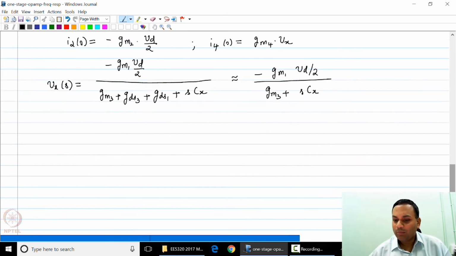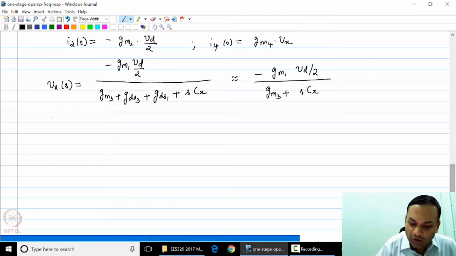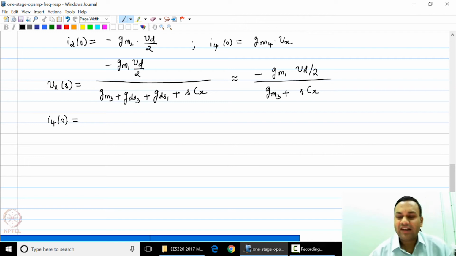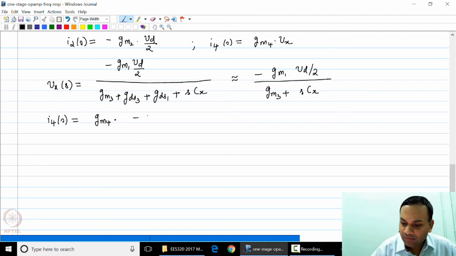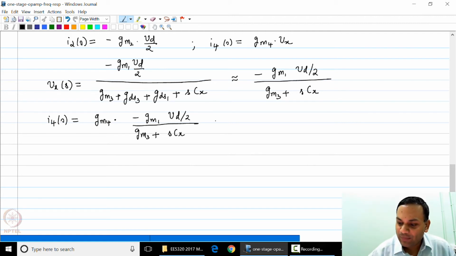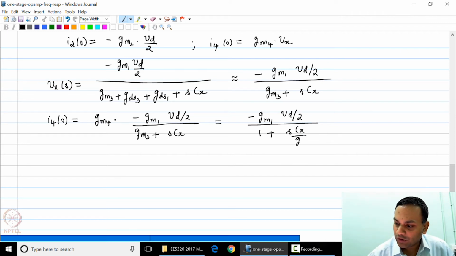Now finally, we are in a position to write the expression for I4 of S. I4 of S is now GM4 times minus GM1 Vd by 2 over GM3 plus SCX. I am now going to write it in a very specific form. I am going to say this is minus GM1 Vd by 2 over 1 plus SCX over GM3. This is because GM3 is the same as GM4. And now